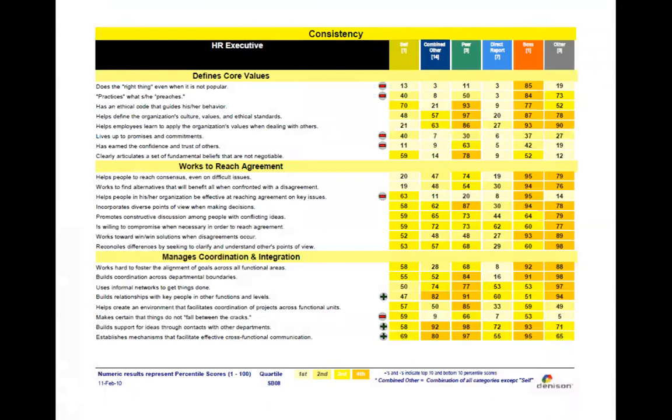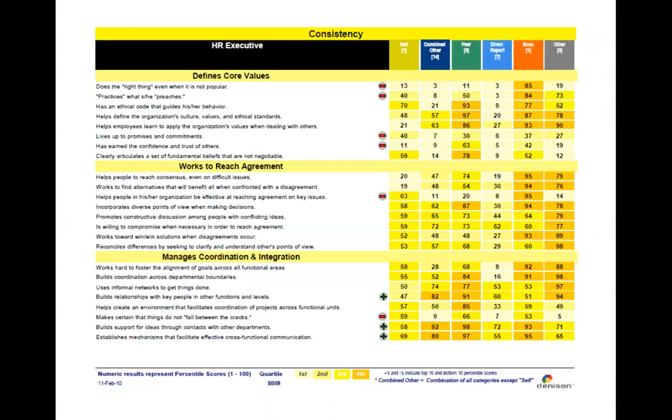The results from Leadership 360 produce a lot of useful data. This is a sample page for a human resource executive on all of the items in the consistency area. So you can see, even though there's a lot of numbers and scores on the page, that more color is better, and that a higher percentile score is a more positive condition.